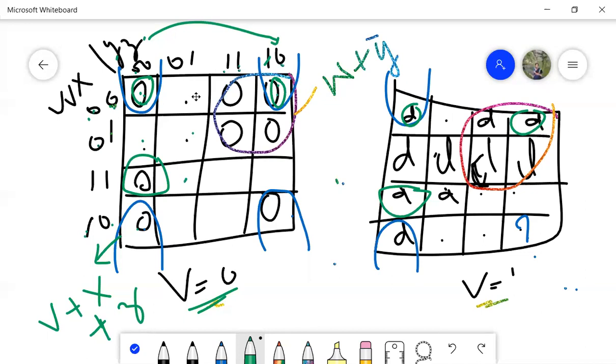I can form a pair. So what will be the value of this 0? Again, V is equal to 0 is there in this K-map. V is also there. This 0 and this D I am taking. So V0, V1 both will get cancelled because I am considering both the K-maps. Okay, then what is left out? W and X will be left out.